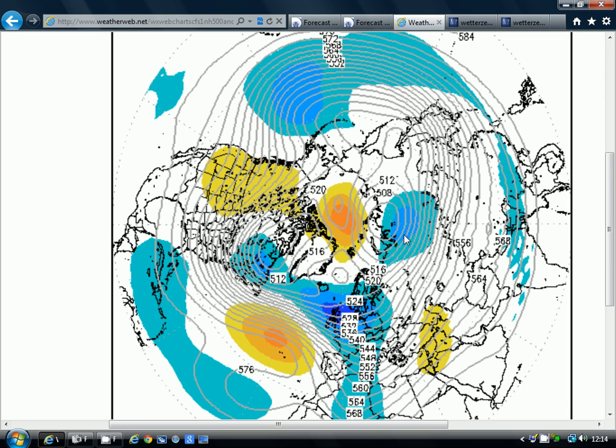Just have a look at the 500 millibar height anomaly from the CFS model for February, see what that's showing,